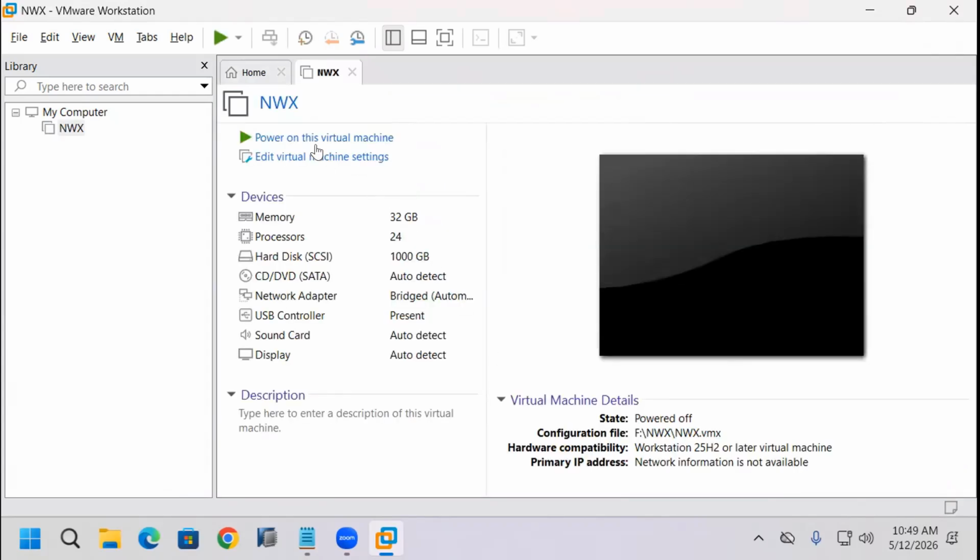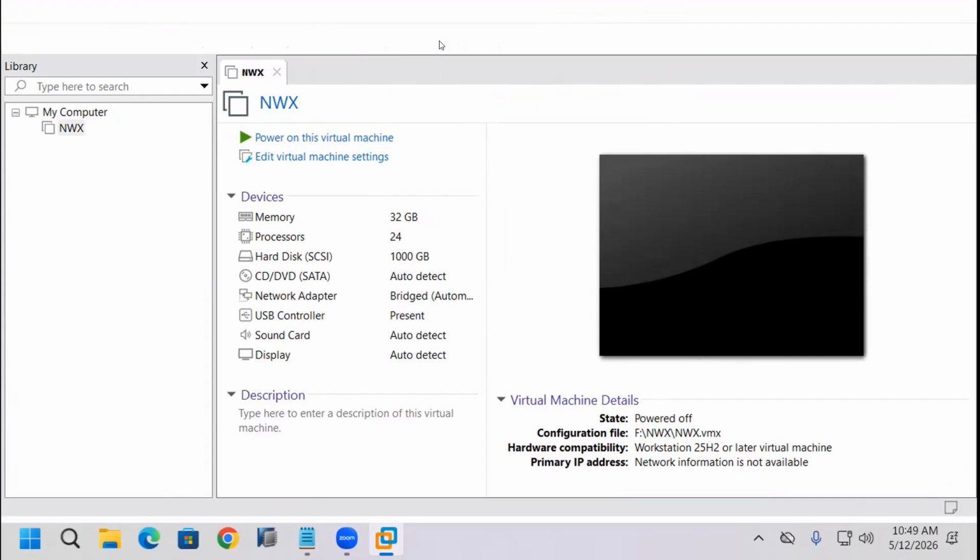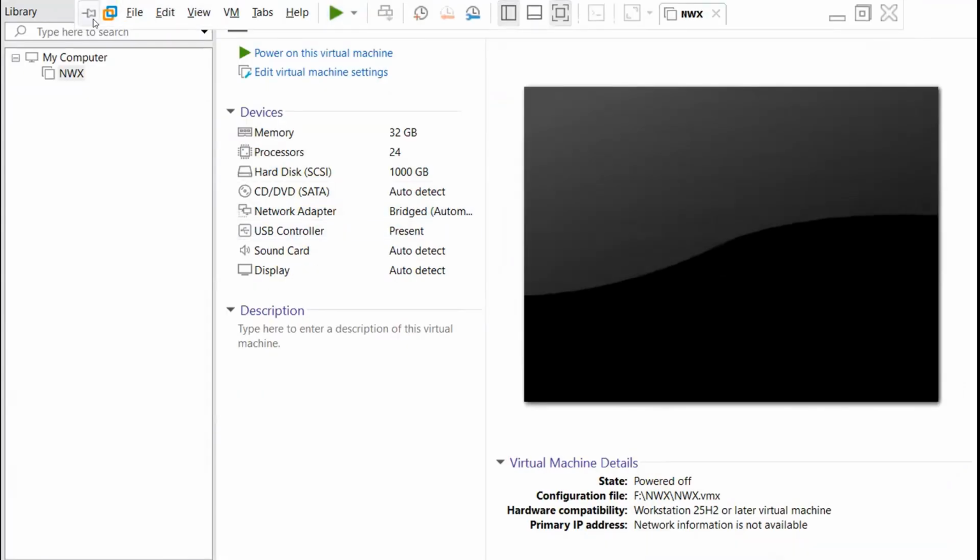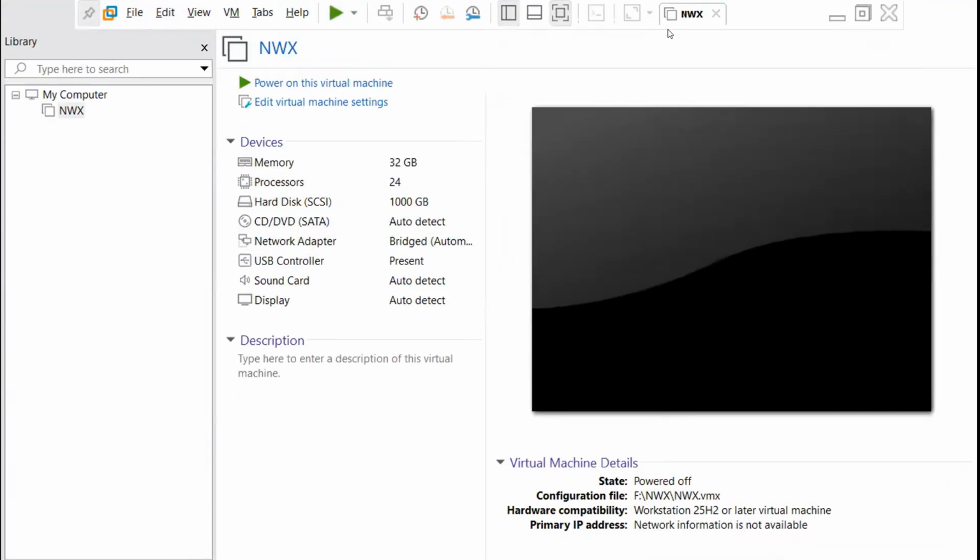Now here, close home. This is the full screen button. When we click it, if you want to hide or unhide the command bar, this is the button. Click this one. Before hiding,